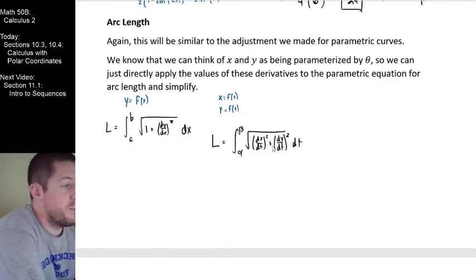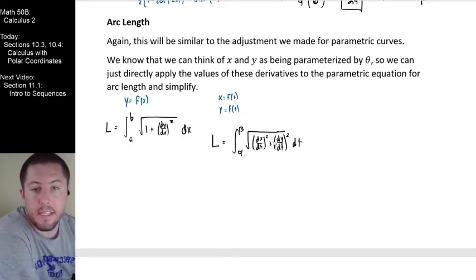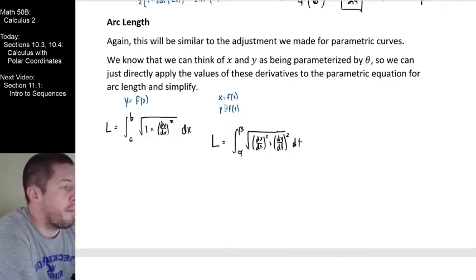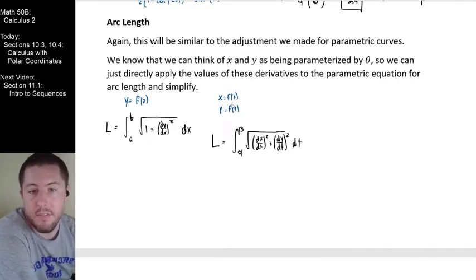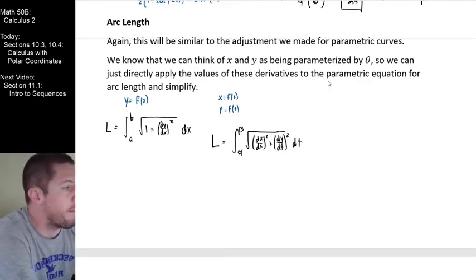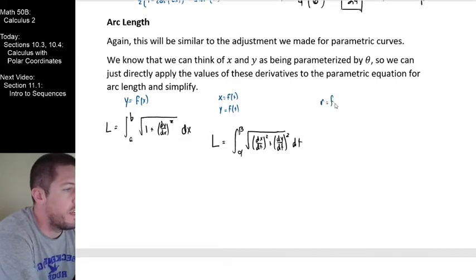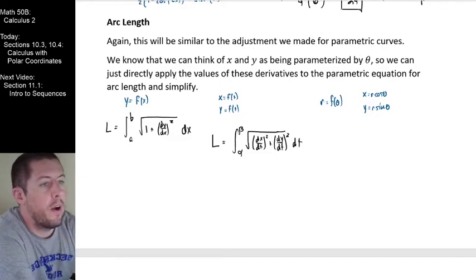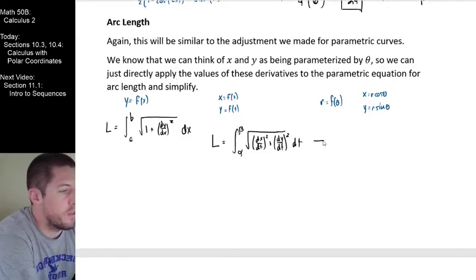So what you should be thinking is that this is basically exactly what we're doing. We're just parameterizing in terms of theta instead of in terms of t. So this should be dx d theta and dy d theta. We're basically copying this stuff over. So r is a function of theta, x is r cos theta, and y equals r sine theta. Now I'm going to draw an arrow and say we're basically just rewriting this one. Our arc length should just be this integral,